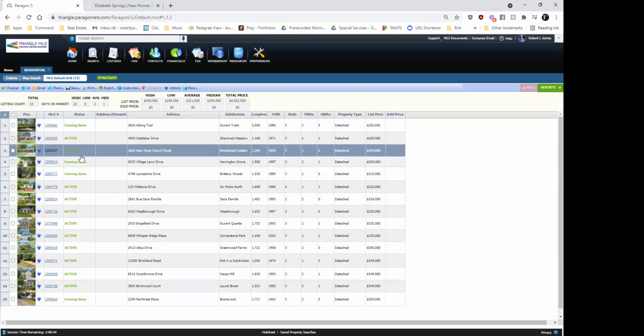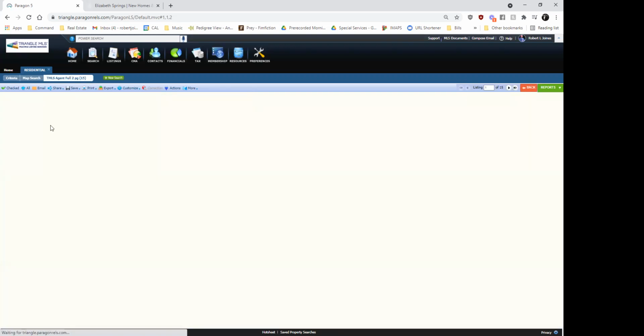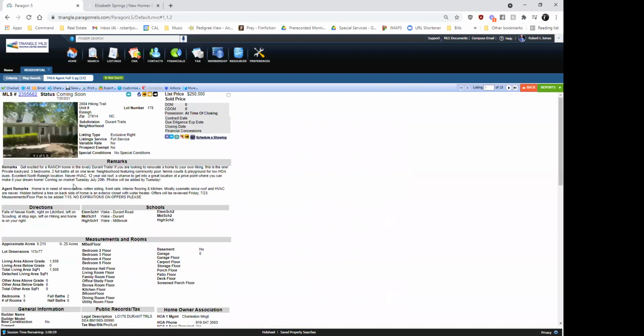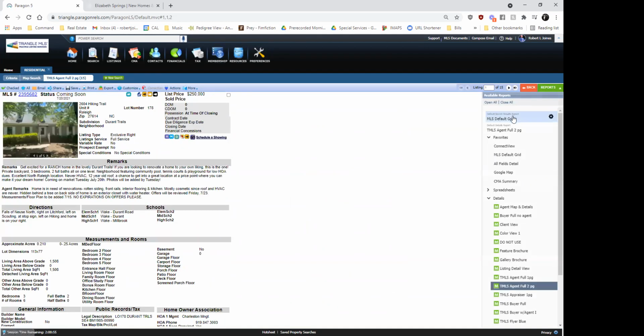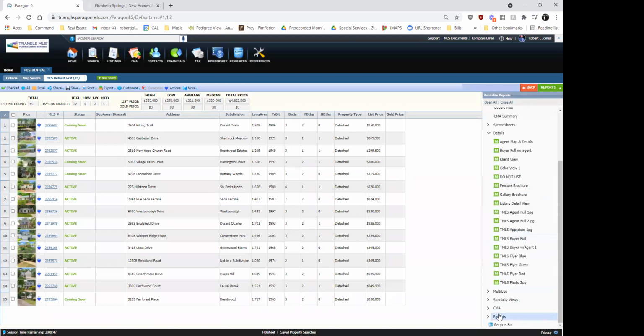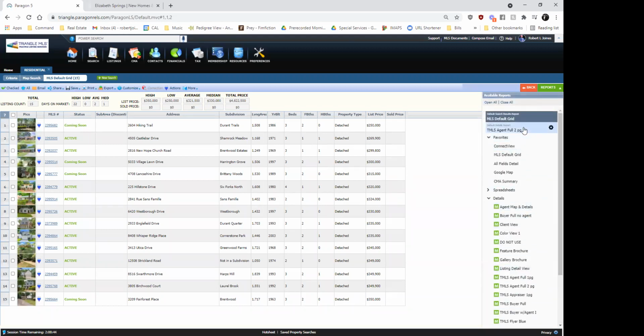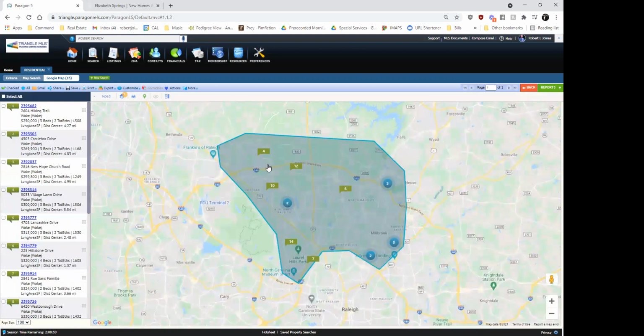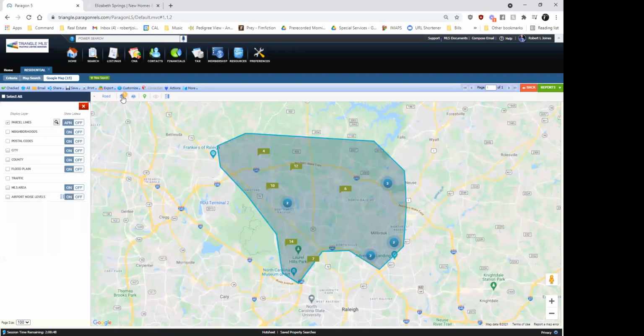To look at your properties, you'll click on the MLS number and it will expand out the agent page. Okay, but I'm going to go back to my MLS default grid. There's a couple different views that you can have here. Notice I've already favorited these, but the rest of them would be available under the details or the CMA. Some of my favorite views would be the Google Map feature, which will show you where these properties are on a map, kind of important. When you're in the Google Map, you can turn on additional layers. For instance, you see this little icon here. If you click on this icon, it gives you a couple different layers that you can add to your map. So for instance, if you want to look at the floodplain,